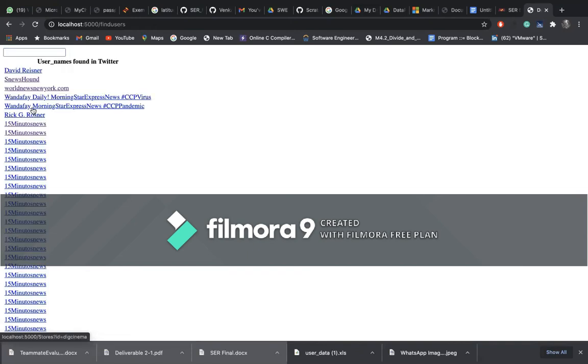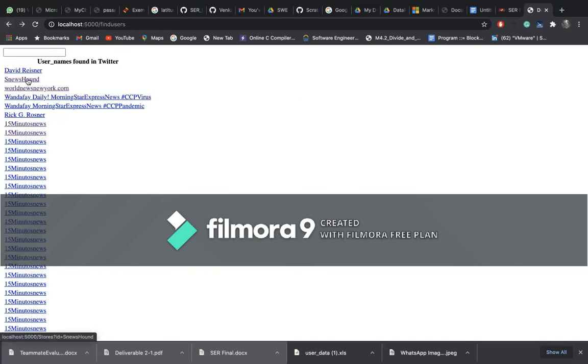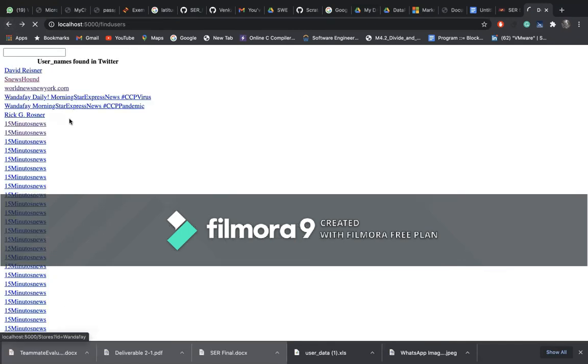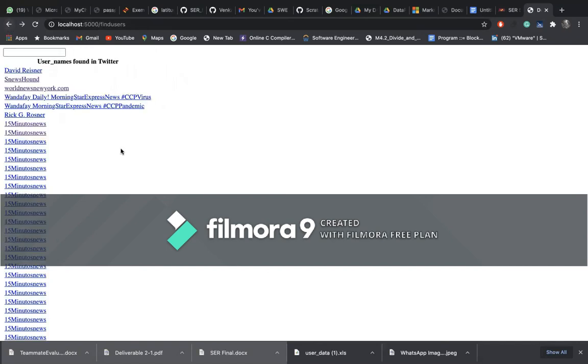Like for a few of the users, it shows nothing because he may be in a remote area, or our data source doesn't have any data regarding him.